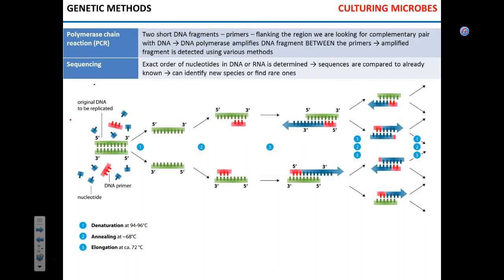Now, a couple of last methods that I want to briefly describe, the idea of. So, genetic methods. First one is PCR. This is by far the most widely used method of identification of anything from viruses to protozoa. All organisms. With viruses, it's slightly different, but let's say you have an organism with a double-stranded DNA genome. Are you with me?